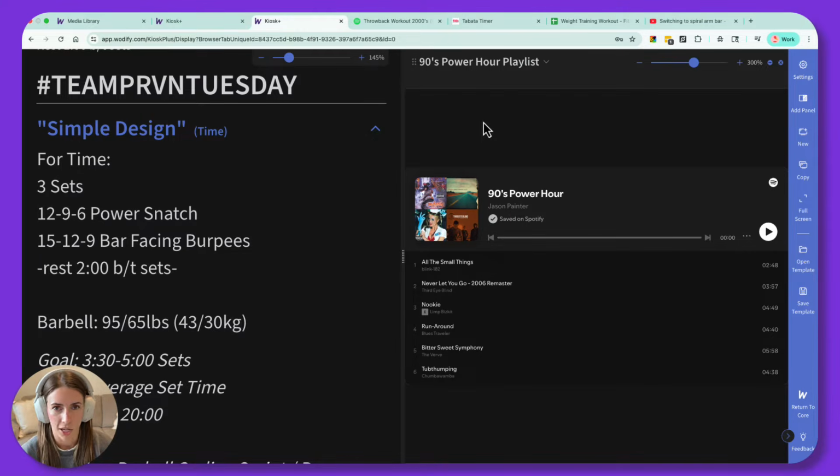So while I was talking, you may have already noticed that I have a playlist up here on the right. This is actually a Spotify playlist. Spotify has this really cool feature that allows you to embed playlists as widgets directly onto websites, and it works really well with Kiosk Plus. So this is personally one of my favorite ways to use the new custom panel, but there are a lot of cool use cases. I'm going to show you exactly how I did this, and then we'll move on to